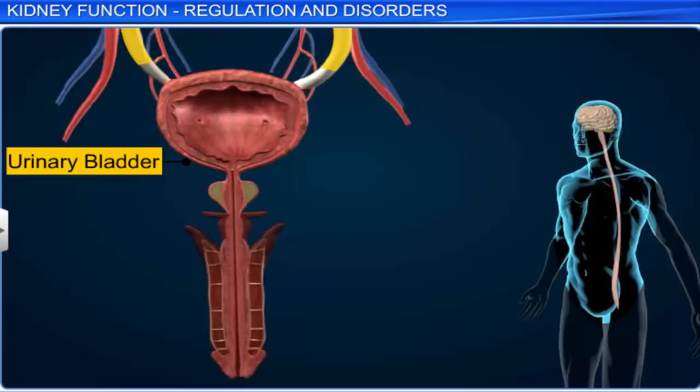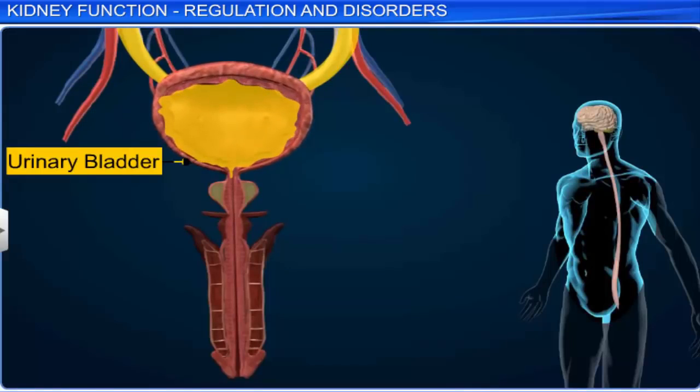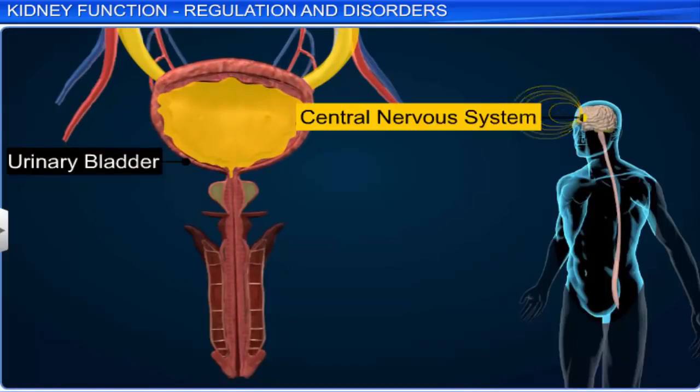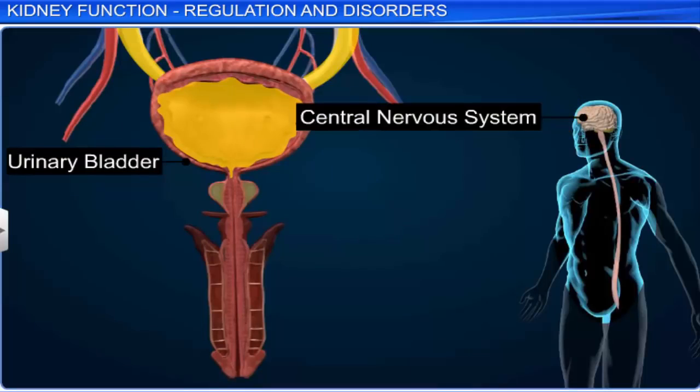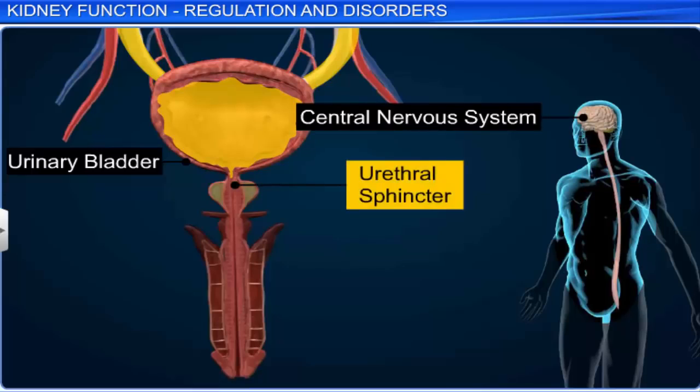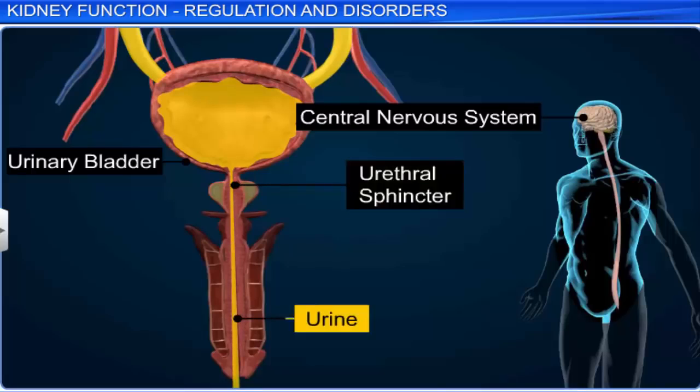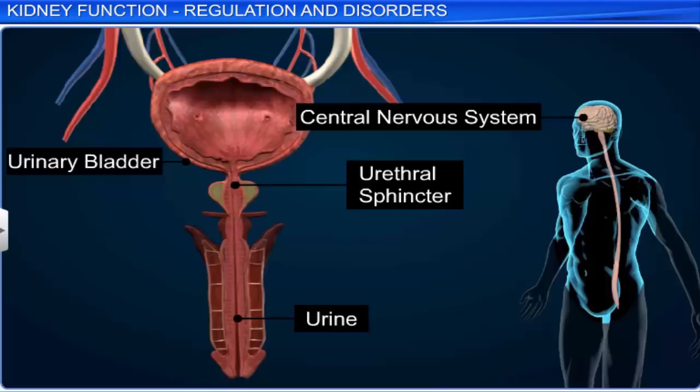As the urinary bladder gets filled with urine, the bladder is stretched and causes the stretch receptors on its walls to send a signal to the CNS. The CNS, in turn, sends motor messages that make the smooth bladder muscles contract and the urethral sphincter relax, resulting in the release of urine. This process of disposing urine is called micturition, and the neural mechanism responsible for the process is known as the micturition reflex.